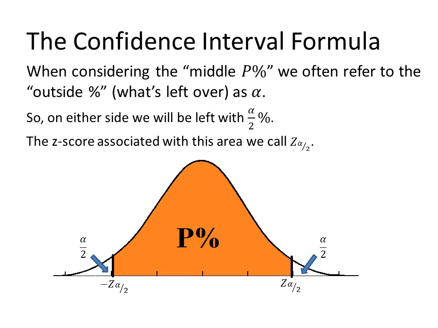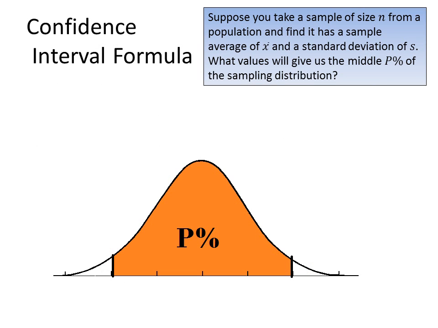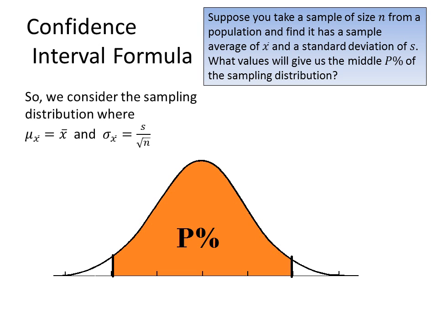These z-scores we simply call z sub alpha over 2. So let's continue on with this process. If we know that the average here is going to be x bar, and the standard deviation is s divided by the square root of n, because it's a sampling distribution, and we know that our z-values are going to be called negative z sub alpha over 2 and z sub alpha over 2,